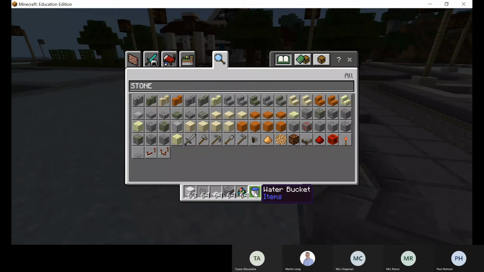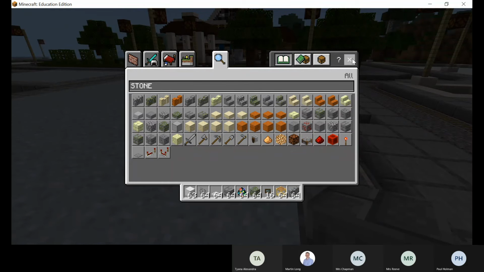Well, I don't need water anymore, but what I do need is some mossy cobblestones, and I can drop them in, and I can take the water out. And to build my walls, I think I'll have a cobblestone wall, and I'll pop that in there like that. Unlike Minecraft at home, you haven't got a limited amount of resources. It is unlimited, so that it encourages that creative nature.